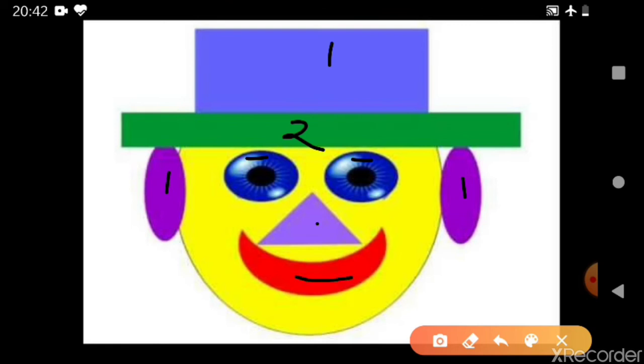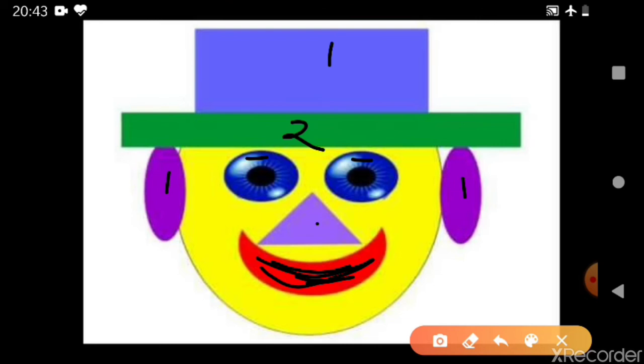This you can say is a semicircle. Semicircle is not exactly a semicircle because a semicircle is half of a circle. Semicircle का मतलब होता है half circle. This you can say is a crescent moon. जैसे moon का जो shape होता है, जब moon धीरे धीरे कम होना शुरू होता है और when from no moon to full moon, जैसे moon का shape बदलता है, so you can say this is a moon shape. Okay, and the face is of circular shape. So this is again a drawing which can be made using different shapes.